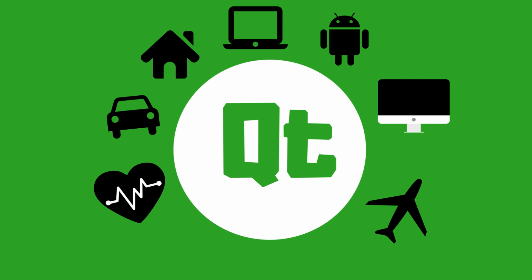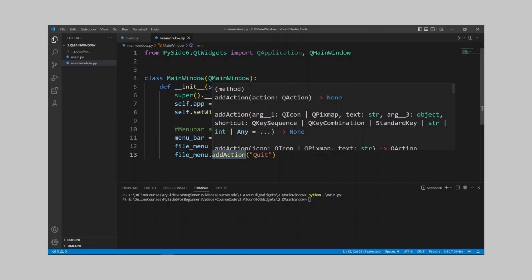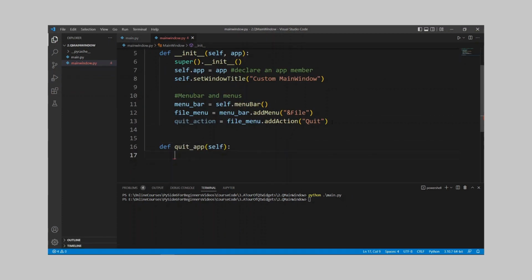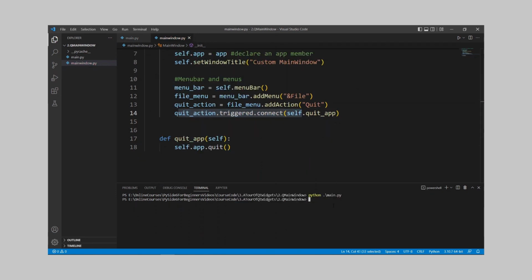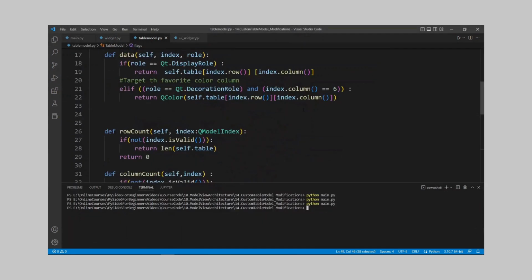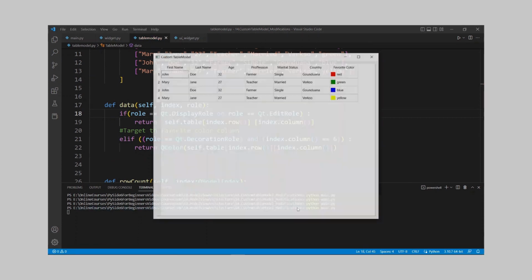Qt is a powerful cross-platform application development framework that can be used to build applications targeting a wide range of device platforms, including desktop targets like Windows, Linux, and Mac, mainstream mobile platforms like Android and iOS, and even embedded devices. Python is now supported as an official language for Qt,